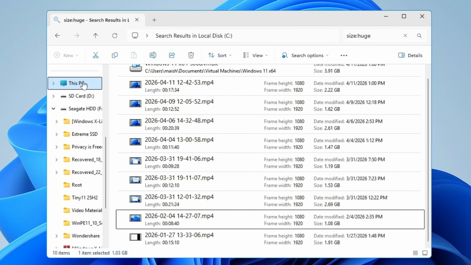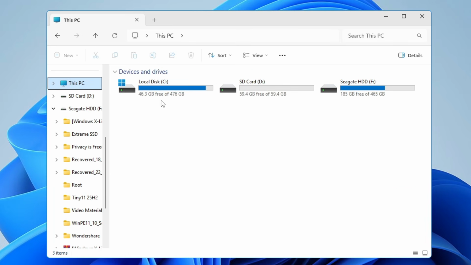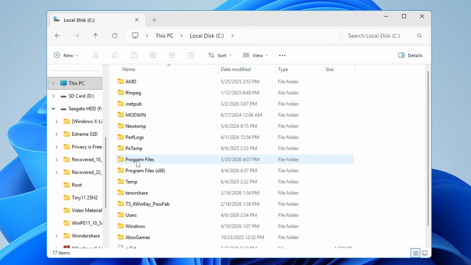And once we are done, now you can see if I come to the local disk C, I got around 46.3 gigabytes now instead of 14 gigabytes. So we have emptied around 30 gigabytes of space, but that's not enough now. That's just a starting point. So next what you have to do, again open up the C drive, and here